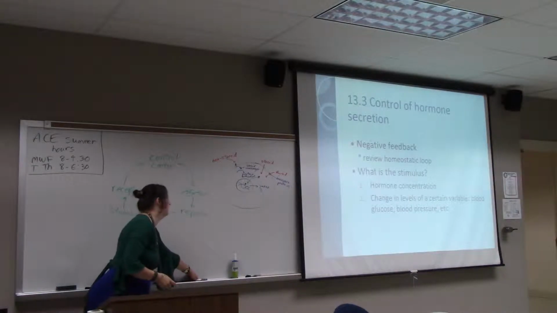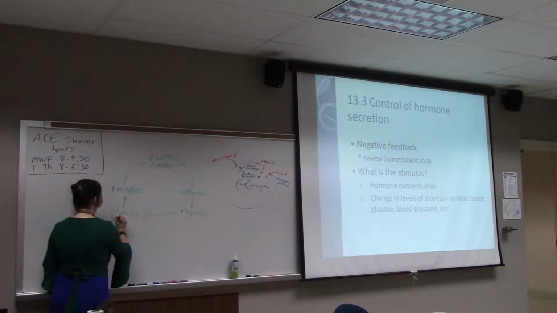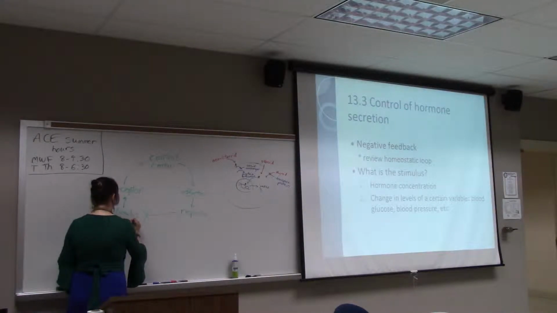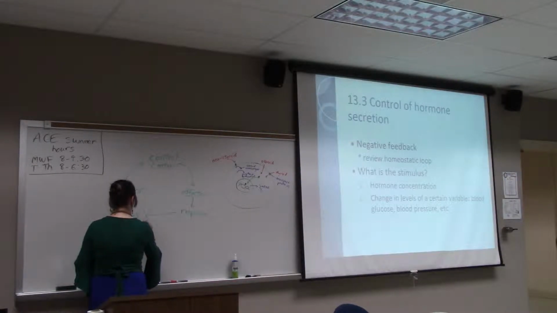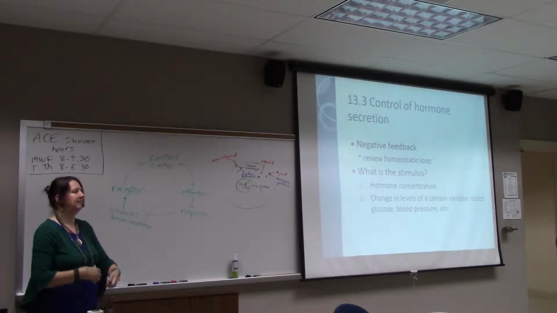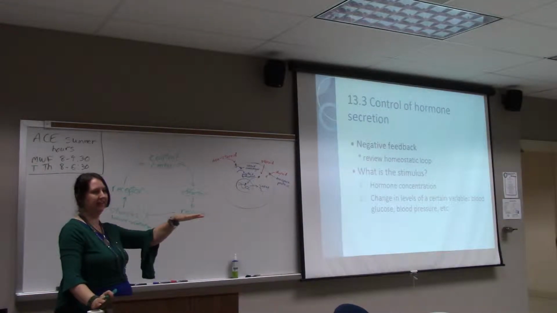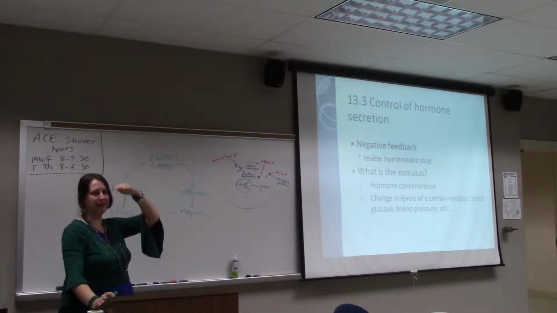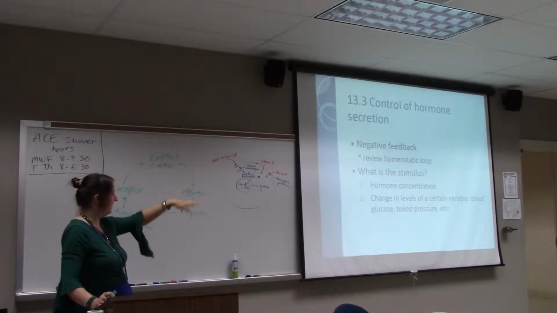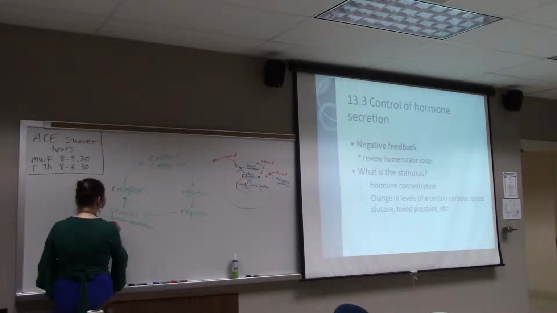In the endocrine system, there's two major types of stimulus. One of them is hormone concentration. For example, something like testosterone, after puberty, is kept at constant levels. So if it goes up or down, then the mechanism kicks in to adjust it. With most hormones,